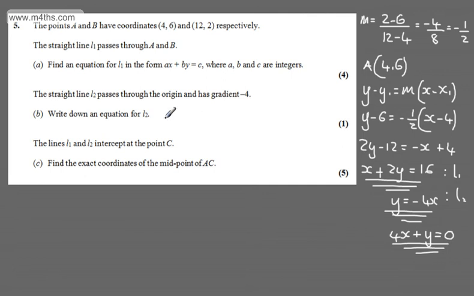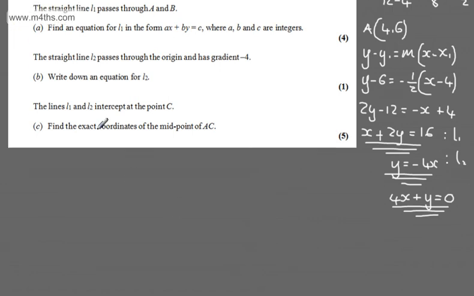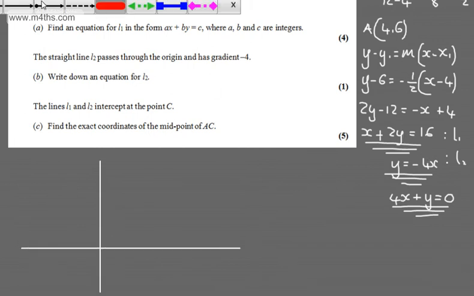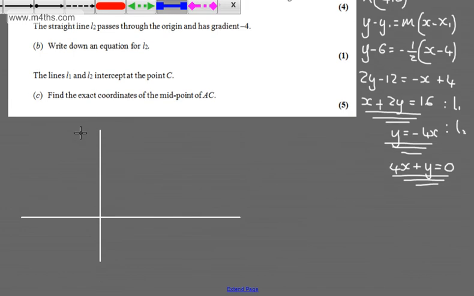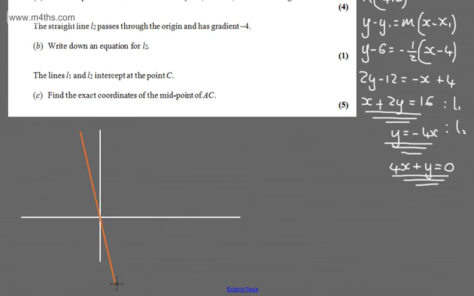We're now told the lines L1 and L2 intersect at the point C. In part C, we need to find the exact coordinates of the midpoint of AC. The question carries 5 marks. If we just look at this, we can get some idea of what's going on. You can, of course, do this purely algebraically. What we've got now is a line y = -4x. So if we look at that, we're going to have a steep gradient, and that's going to pass through the